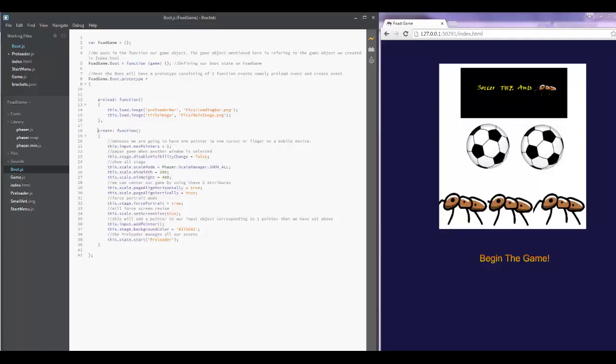Now in the create function, the first line, this.input.maxPointers, shows us that we have got only one pointer. That's a mouse pointer if you're using a desktop computer, or a finger if you're using a mobile device. And right over here, this.stage.disableVisibilityChange is equal to false. This will enable the game to pause when it is not active. For example, now it isn't active,